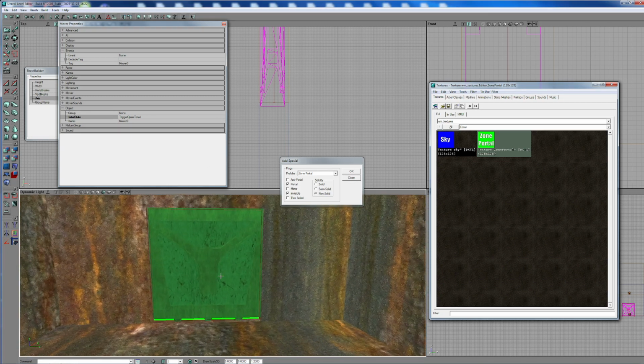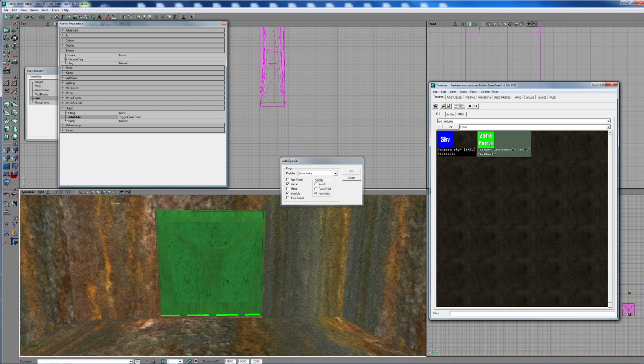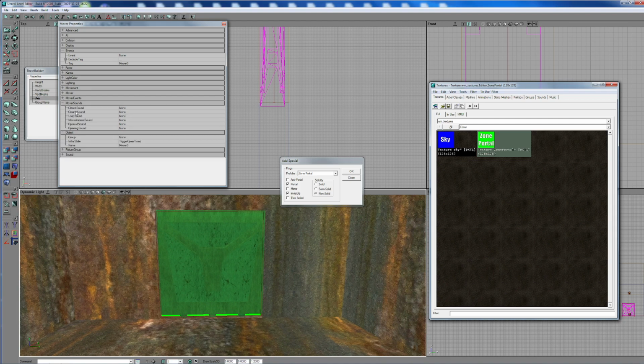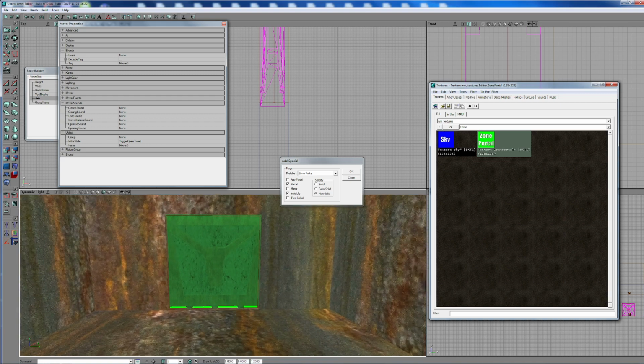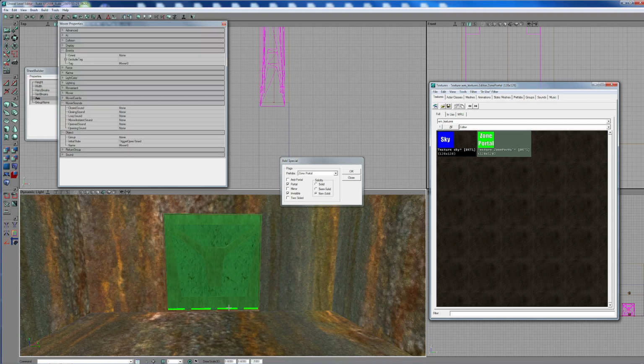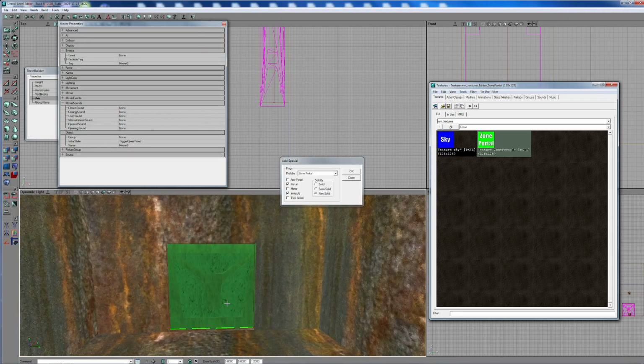When the door actually moves, you also want to decide whether you want a noise to happen when the door moves, because you can do that with mover sounds. You can do opening sound and closing sound. Now UT doesn't really have that many sounds for opening and closing,